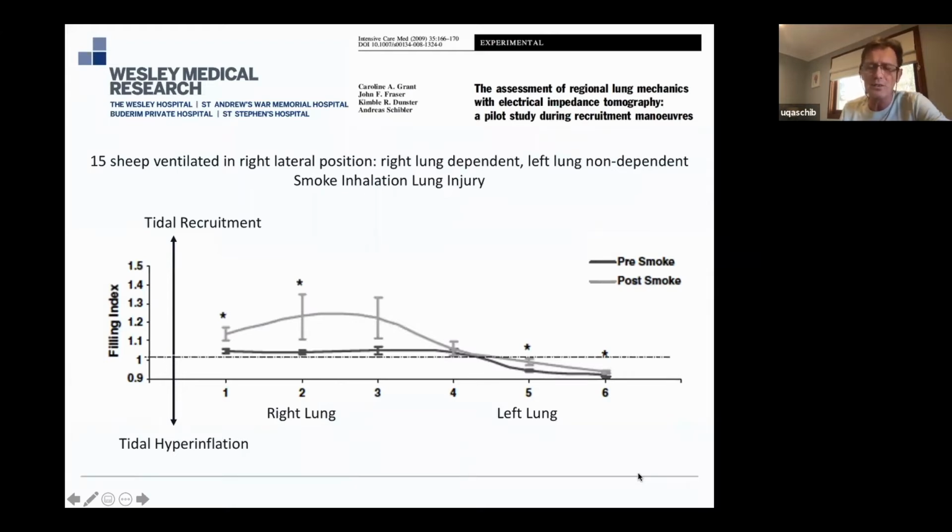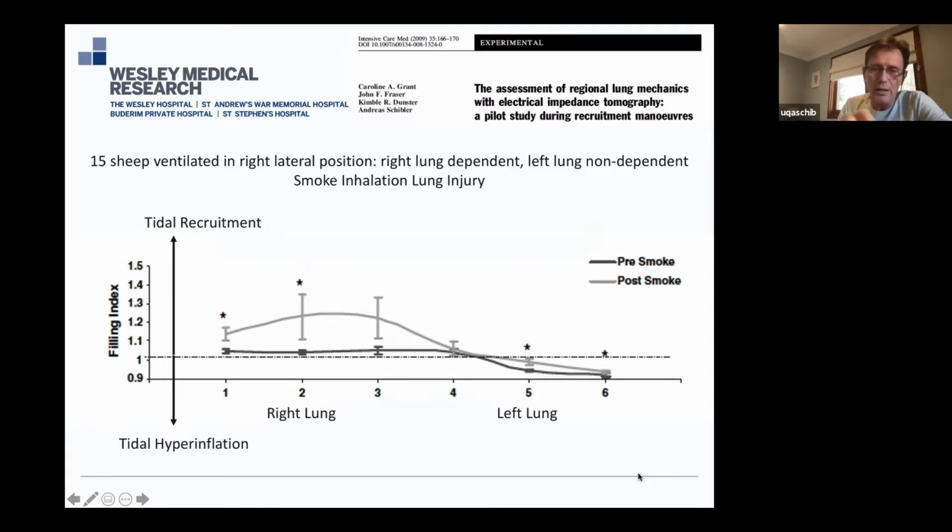We can approach with EIT, a little bit, the question of whether we ventilate in the sense of tidal recruitment. So are we opening and closing lung regions, or are we over-inflating lung regions? By using the EIT, we can calculate a regional index called the filling index. You can see the